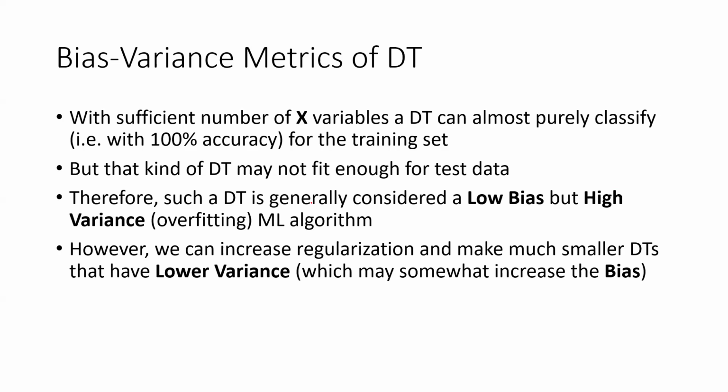Unlike some other algorithms like linear regression and logistic regression, when it comes to decision trees, you can actually add many variables, right? So for example, say you have 50 x variables. By adding all 50 categorical variables into a single decision tree, there's a high chance that you have a decision tree that can